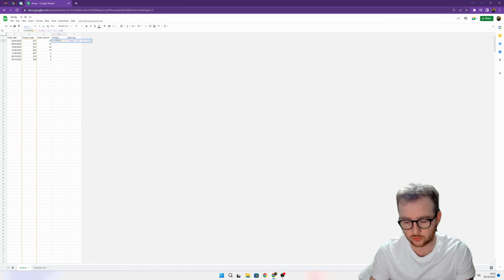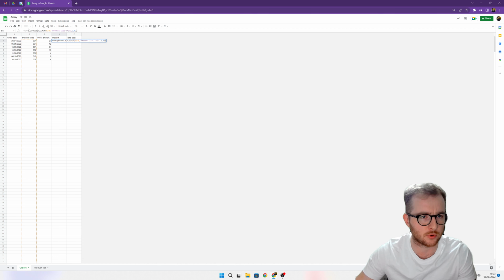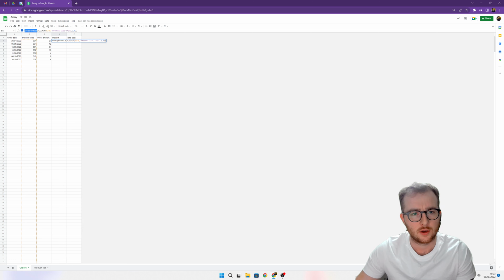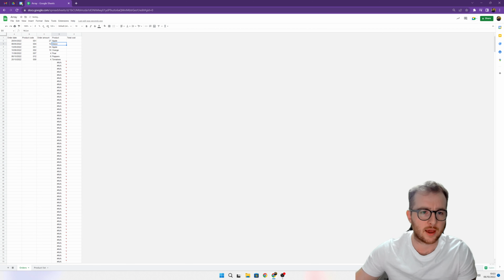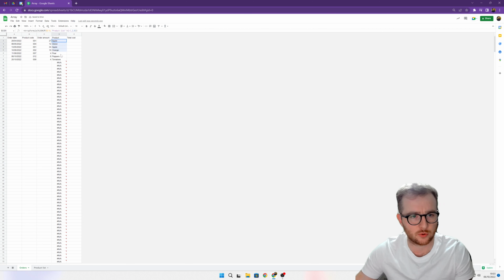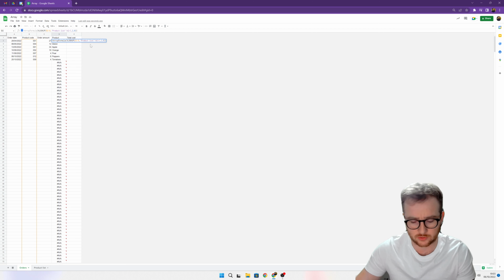What we're going to do is Control Shift and Enter, and it's going to input this array formula in the front of our formula for us. Now if we hit enter on there, what you're going to see is this. It's going to pull through all the information for us perfectly, but it's also going to put these horrible hashtag N/A errors all the way down, which we don't want. So to get rid of that, simple solution,